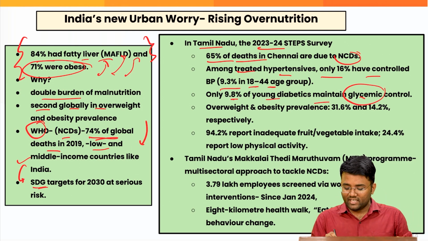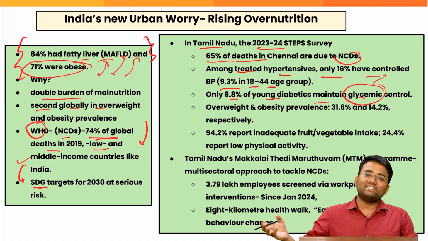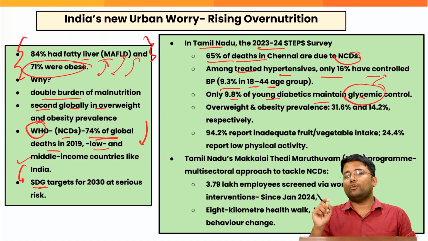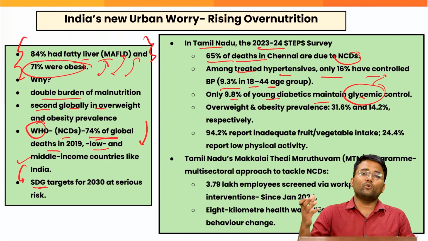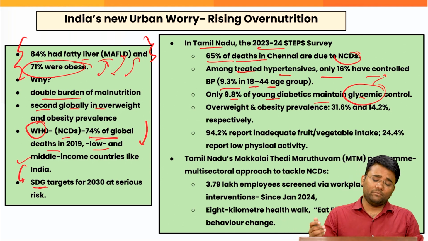The glycemic index is the index of how fast whatever food you are consuming will shoot up your blood sugar level. That is the glycemic index. So there are people who are not focusing on foods that have a low glycemic index, like millets and makhana, etc. Rather, they are eating processed foods like pizza, burgers, fries, etc., which have a high glycemic index.